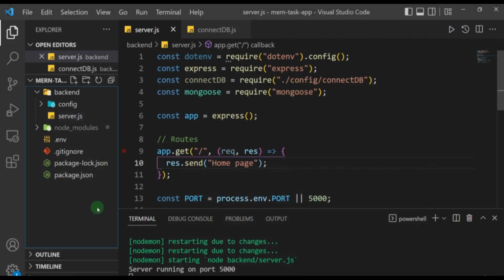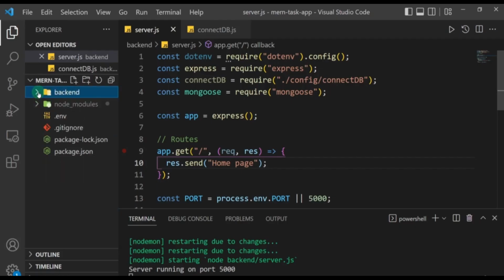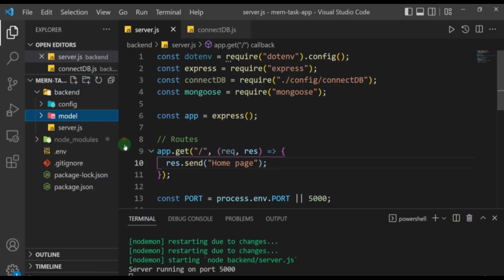Now, in the spirit of separating the different components of our application, which is a programming concept called separation of concerns, I'm going to create a separate folder where our model will be stored. So in the back end here, I'll create another folder. I'll call that model, and inside of this model, I'll create a model for our task. So I'll click here and then I'll say task